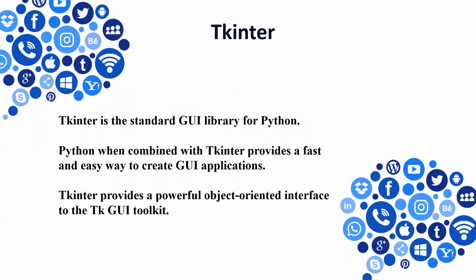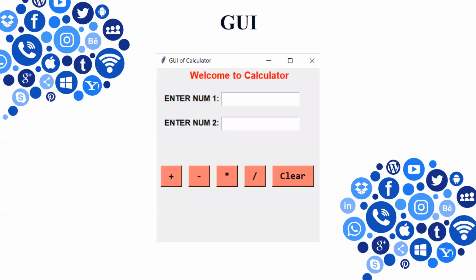Before going for the coding, let's see what tkinter is. In the previous video I explained what tkinter is, but I'll still give a short brief about it because it's the most important library we are going to use again today. Tkinter is a GUI library in Python which supports GUI programming, and with tkinter, GUI building is very fast and very easy. So friends, today we'll see how to build a simple calculator in Python with the help of a GUI.